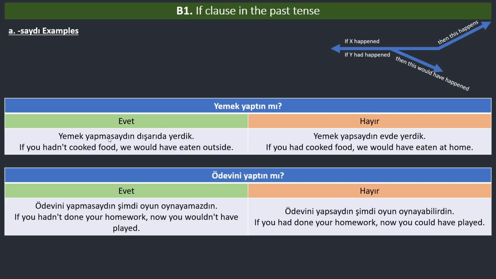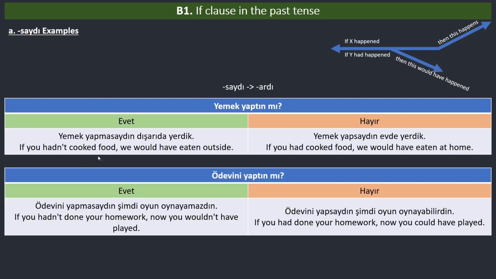So if you have saydı in your if clause, you need to choose a combination of aorist and past tense. So it will be safe to write this code. Like saydı goes to ardı. You use them together like this. If there's saydı in the if clause, like saydı here or saydı here, in the if clause, you use ardı. Okay,